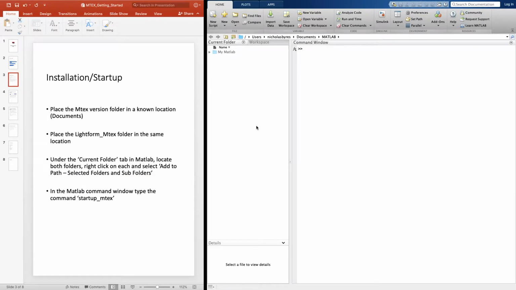So once you have downloaded and unzipped MTEX, you want to take the folder and put it into a known location. I would recommend putting that into your documents folder, as MATLAB already creates a MATLAB folder in your documents. Place the LightForm MTEX folder in the same location so that you can easily access the two folders. Then you want to go to the current folder tab within your MATLAB and navigate to the MATLAB folder where you placed the MTEX folder and the LightForm MTEX